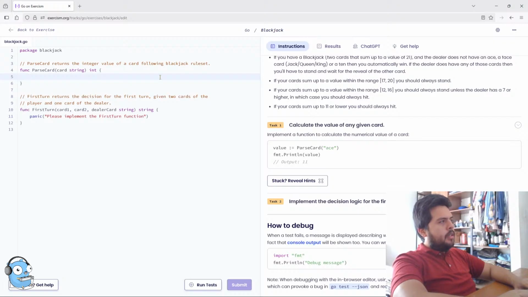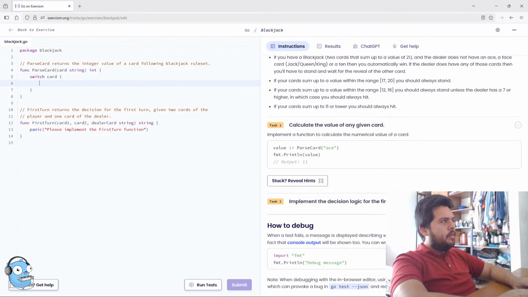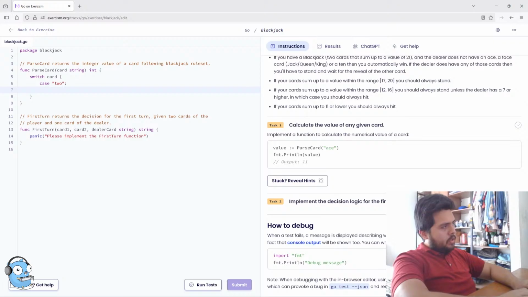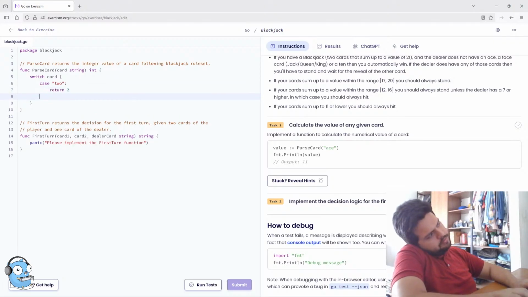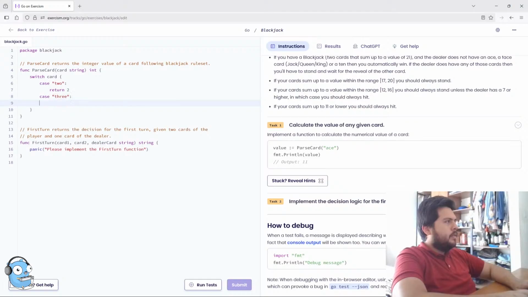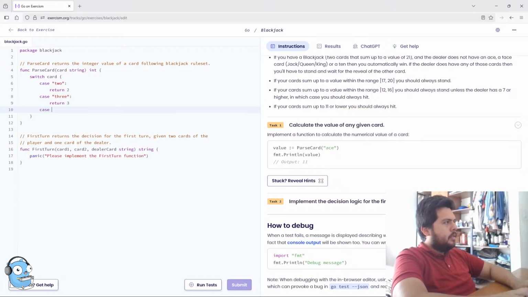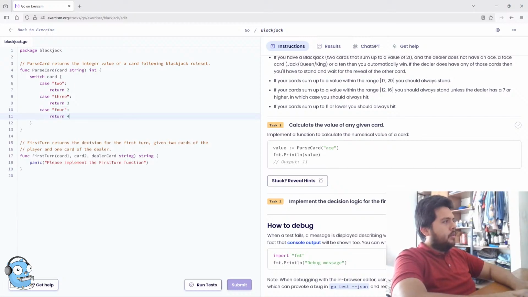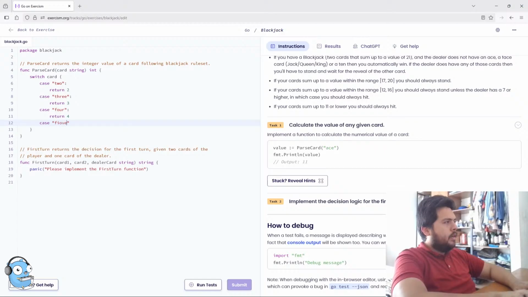I need this to return an integer value, so that means switch card, case 2, return 2, case 3, return 3, case 4, return 4, case 5, return 5, case 6, return 6,